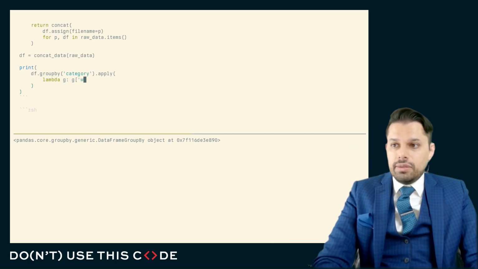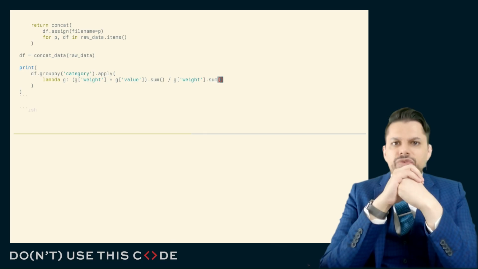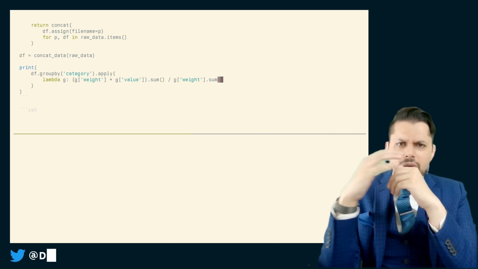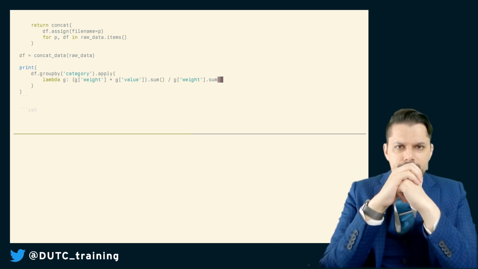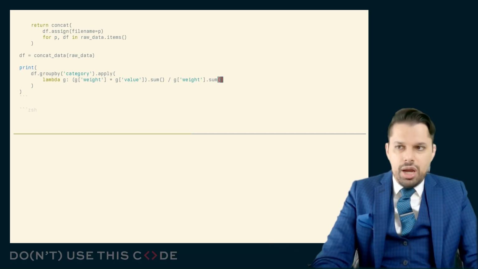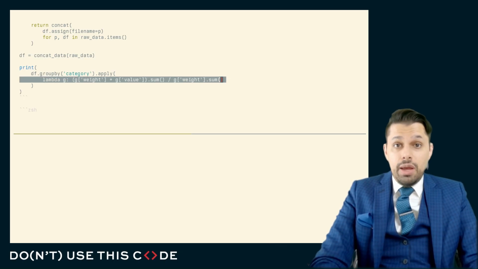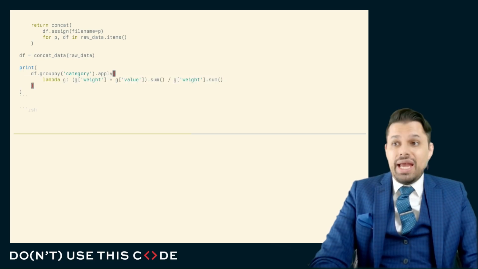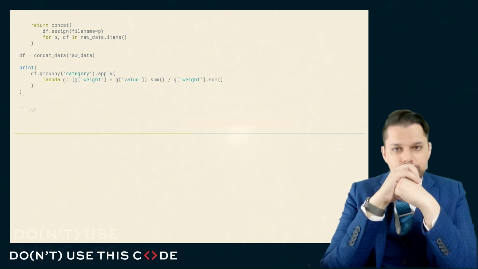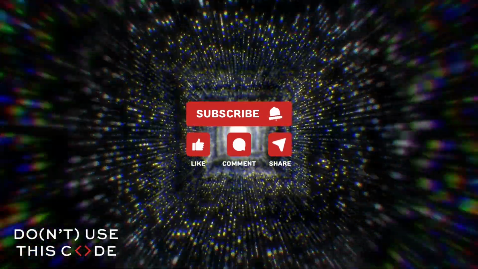And so here, I do something like this. I'll multiply the weights times the values, and then we sum this, and we divide this by the sum of the weights. And what we'll discover is this is just going to be very slow. The high cardinality grouped weighted summary statistic is very slow as a consequence of having to call this Python function many, many times, and as the slowness of the index-aligned concatenation with the dot apply.